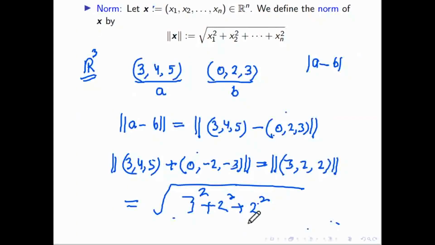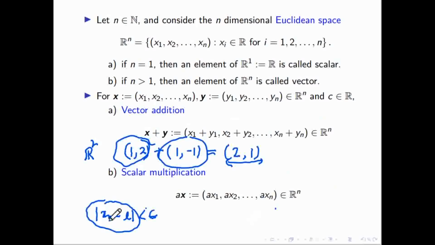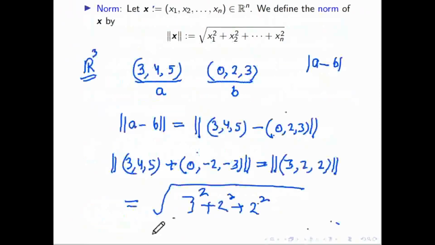So is it okay, how to find the distance in Rn? And why is distance required? Because if we want to define the epsilon definition for a sequence xn, xn minus L mod is less than epsilon, that mod will be replaced by norm. That means we'll write the definition as norm of xn minus L is less than epsilon, there exists a natural number. Same thing we will do, but in terms of norm. And how we calculate the norm, this is the example. Is it okay to everyone?